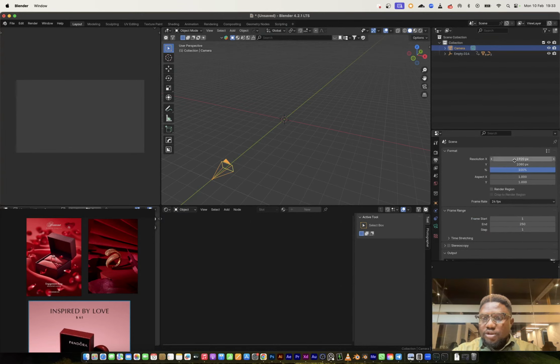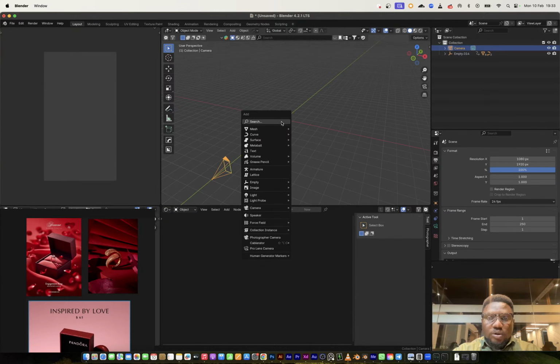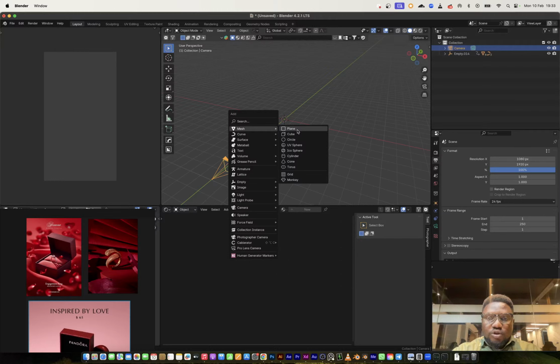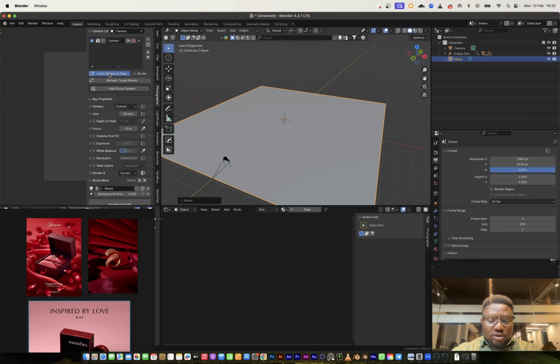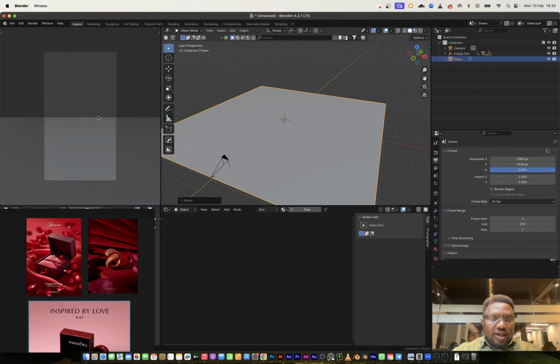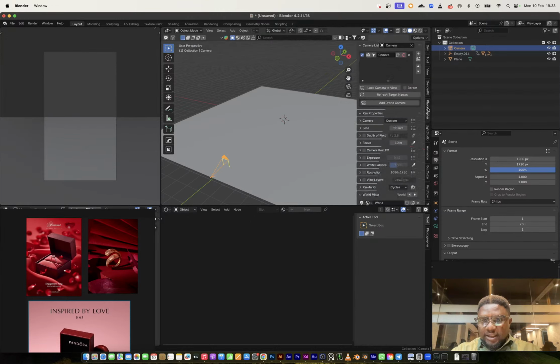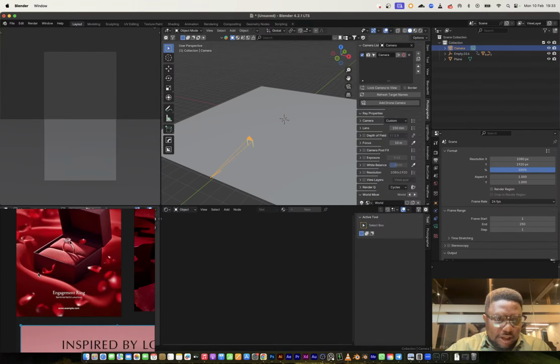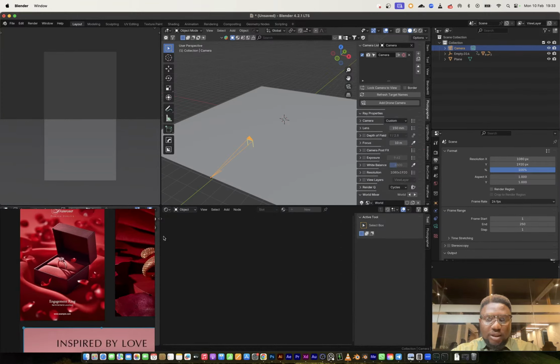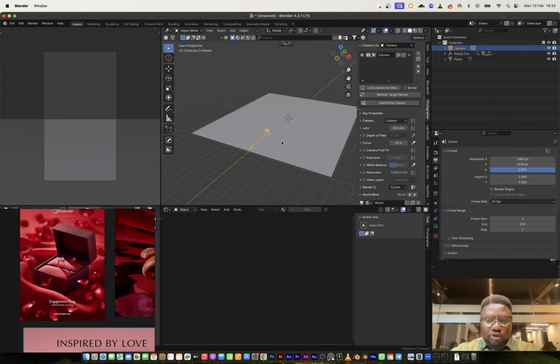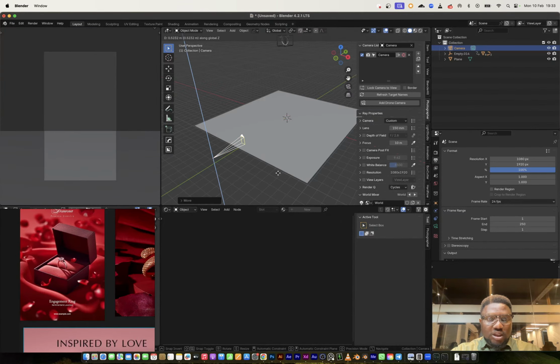First thing I want to do is switch the orientation of this camera to a vertical aspect ratio. I want to bring in a plane so I can quickly set up my camera and know what I'm doing as regards composition. So I've locked that to the view, and I'm just going to adjust the camera. I'm going to click on that, and I probably want to change this to, let's do 150. I think I like the orthographic view that this has, so we're going to use a really flat lens, something that will make our object stand out even more.